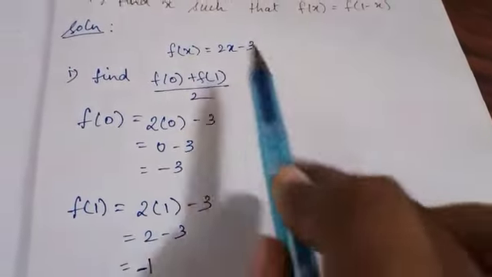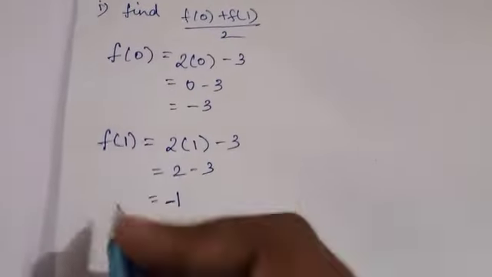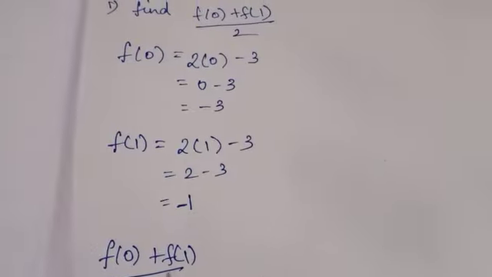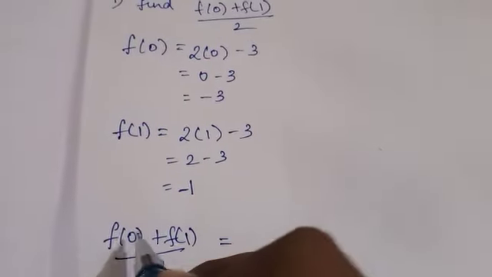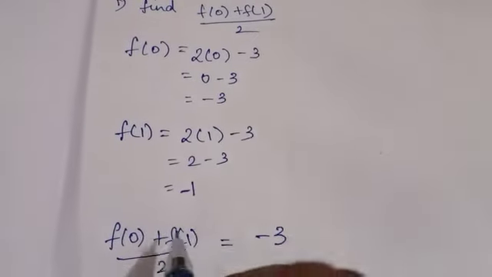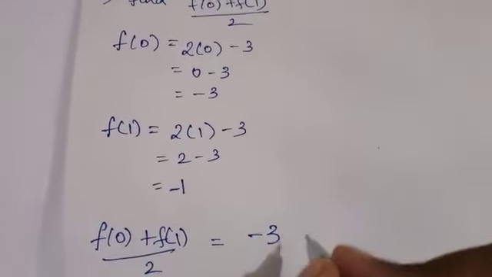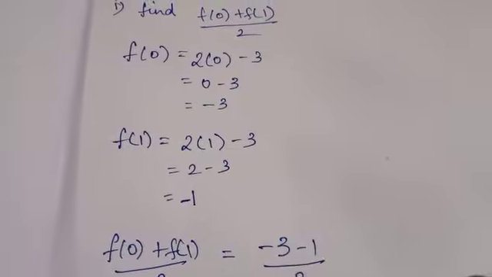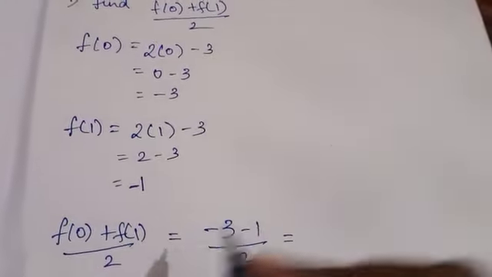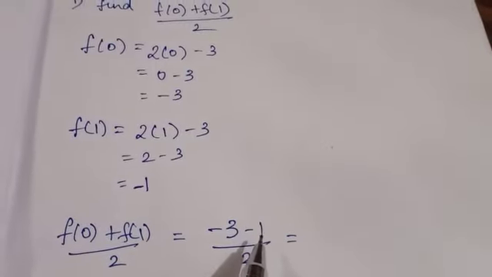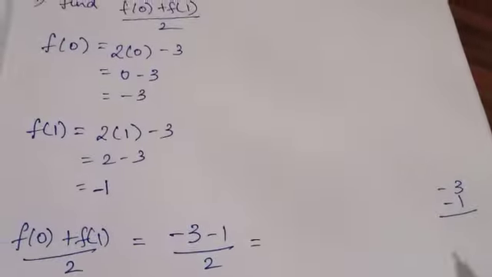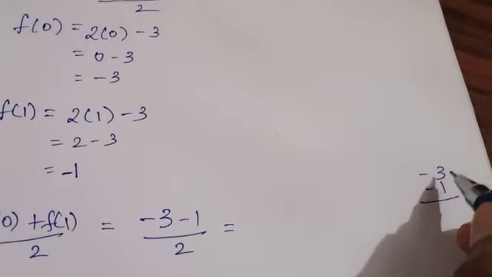So now I am going to substitute in this equation. So first we'll write the equation here. f of 0 plus f of 1 divided by 2. So what is the answer for f of 0? So minus 3. Then for f of 1, minus 1 divided by 2. So minus 3 minus 1. So minus and minus is plus. We are going to add this. So 3 plus 1 is